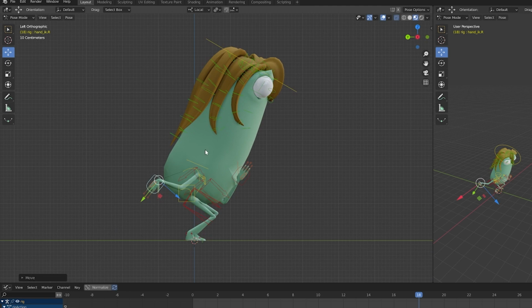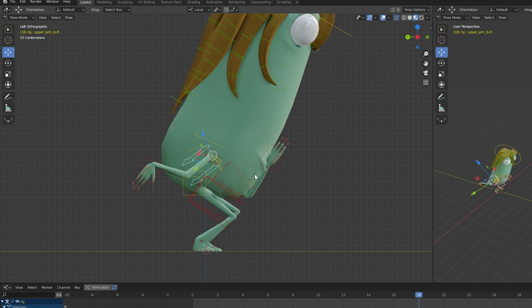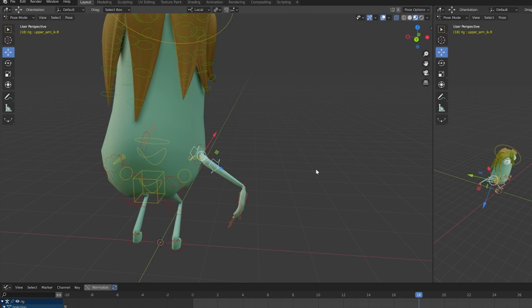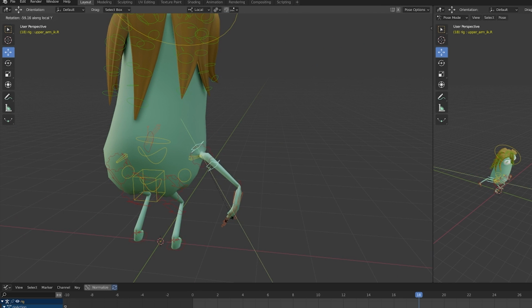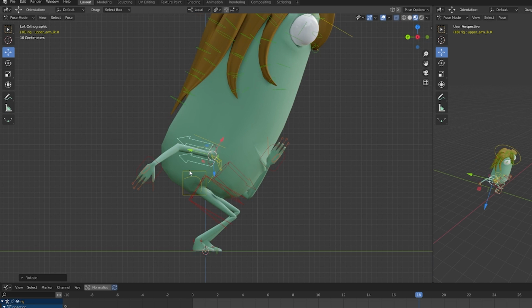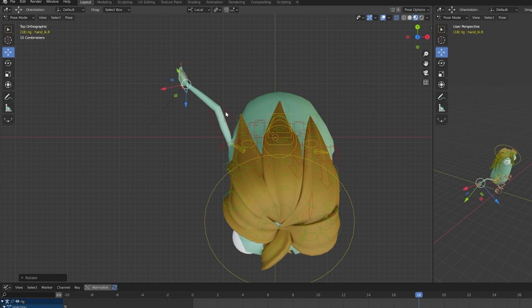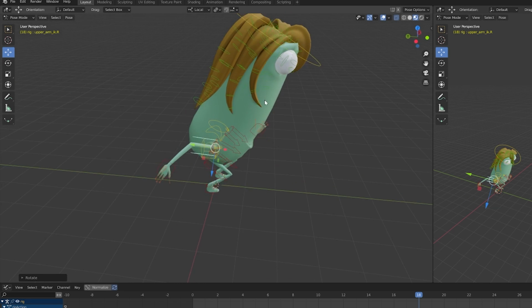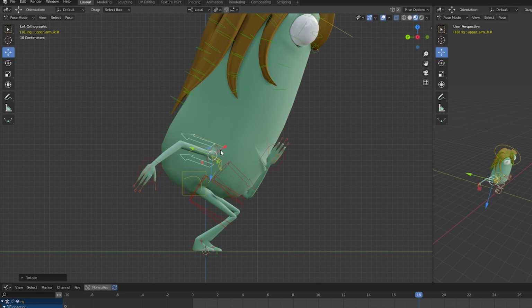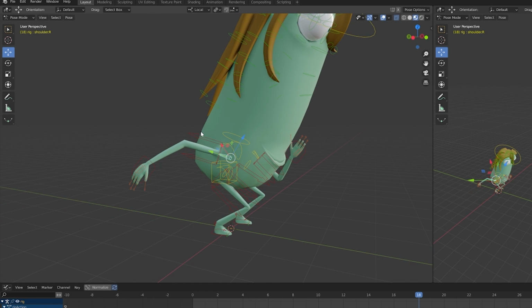Here we have one problem with this elbow pole control, so let's try to reset this, and then maybe something like this, and let's try to have some smooth curve between the shoulder, the arm and the hand. And once again, let's